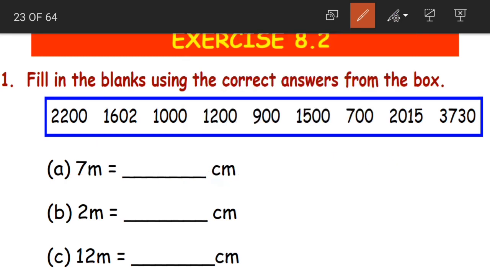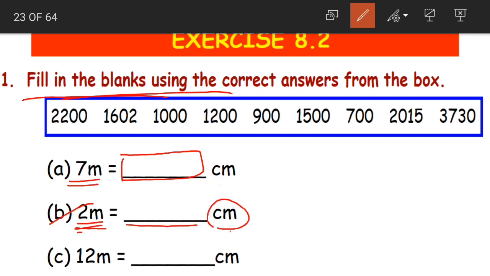And again children, if you observe here in the question, they did not ask us to convert the meters into centimeters. They have just asked us to fill in the blanks. Now by looking at the question, you have to understand what the question is. Coming to B, 2 meters is equal to dash centimeters. So from this you need to understand that these meters are to be represented as centimeters. That means we need to convert these 2 meters into centimeters. 2 into 100 is equal to